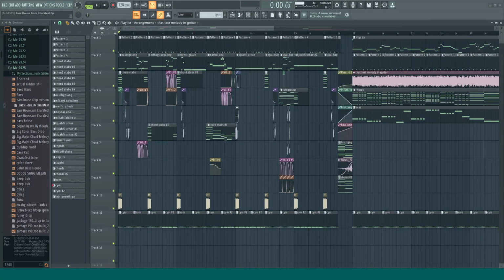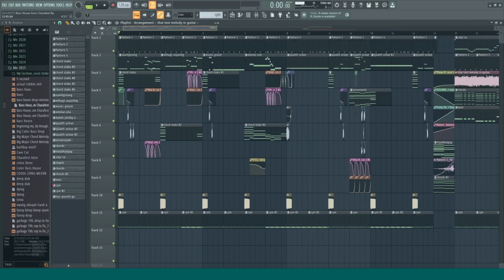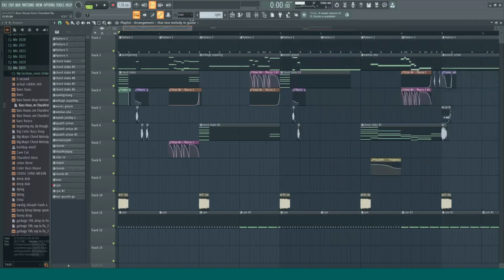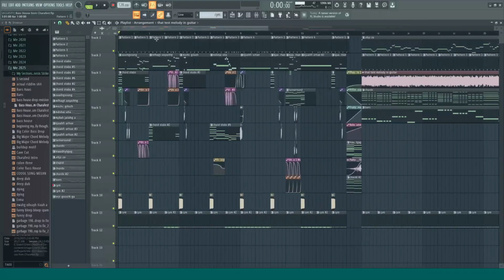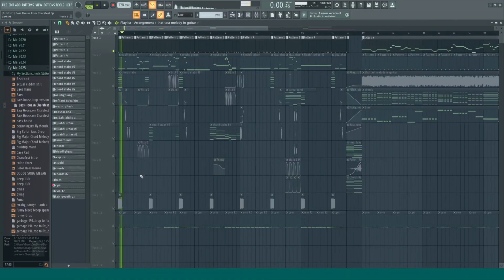Wow, my computer really doesn't like PitchMap. Okay, so yeah, that's the drop. There's a lot here, so I'm just gonna start by going over the stuff that's easy to go over, which is gonna be